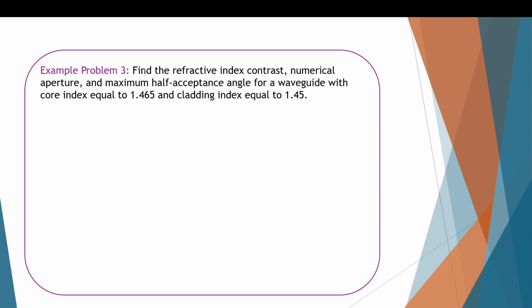So yeah, the next problem. Find the refractive index contrast, numerical aperture and maximum half acceptance angle for a waveguide with core index equal to 1.465 and cladding index equal to 1.45. So this is typical of an optical fiber. Let us just do it to revise the formulas. So the refractive index contrast is defined as